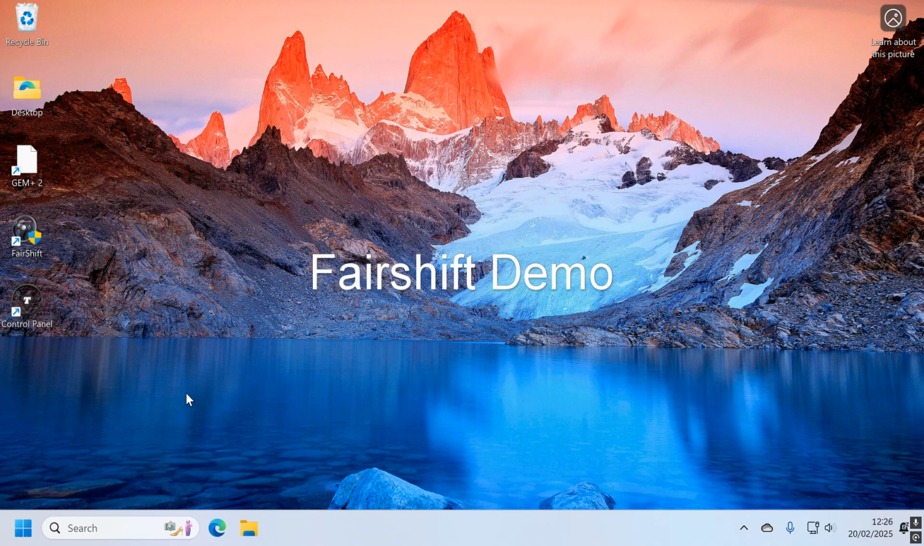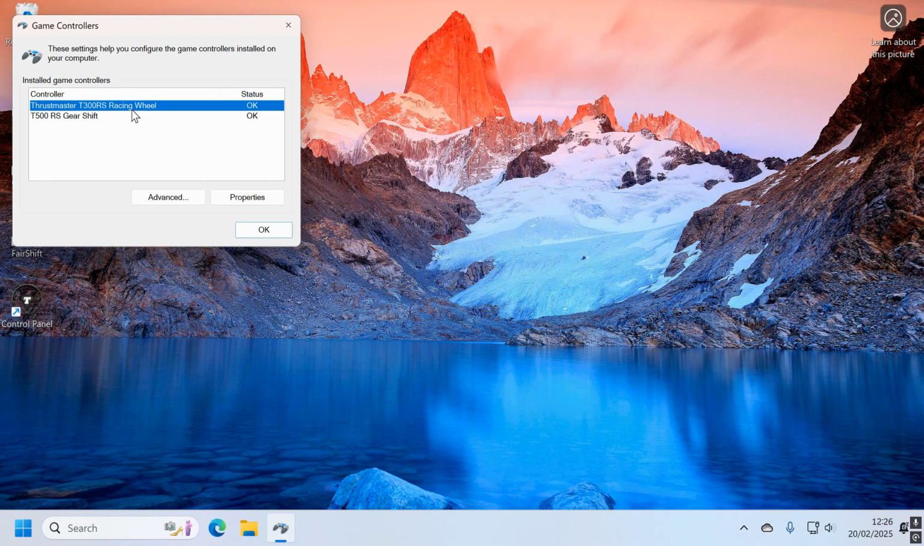Today I'm just going to show how to set up Fairshift to run with Grand Prix Legends. Assuming Fairshift's been installed as per the installation instructions, I'm just going to show what it looks like. I use Thrustmaster stuff, so if I look at the Thrustmaster game controls to start with, just look at the